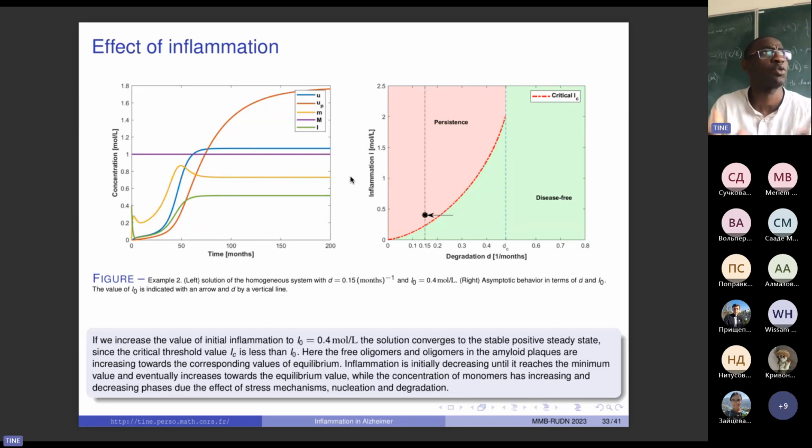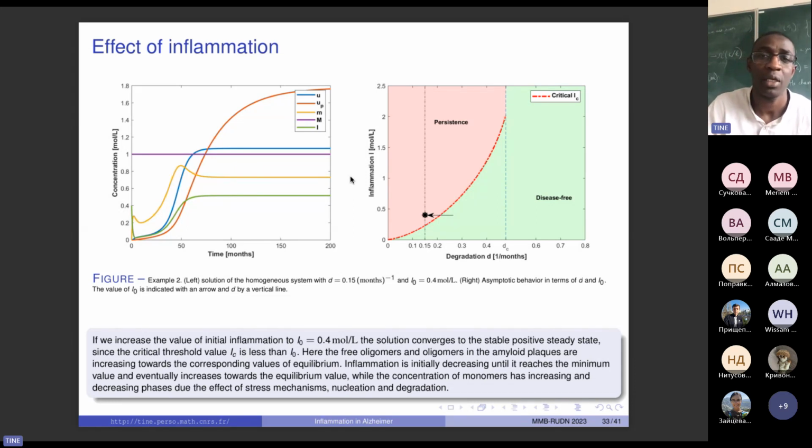So that's just to show you that we have a lot of dynamics, and it depends on how you choose your initial concentration for the interleukins and the parameters, the relation of order that we see for D, C, sigma, tau 3, etc. If we have the condition of our theorem,